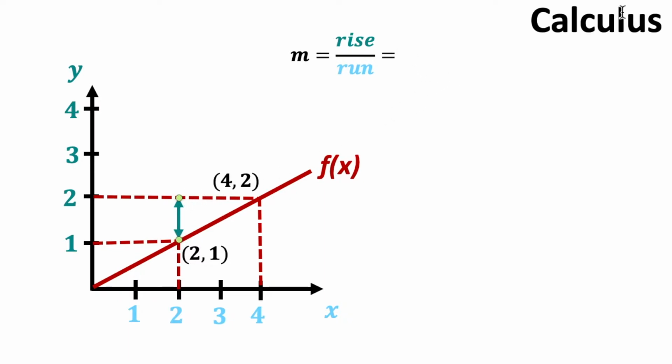And to be able to find it, let me show it to you. You need this distance, so it's basically the entire distance here that I'm showing with my mouse. And then you want to remove this distance right here, because you only want this one to be left. And so to be able to do that, you can do 2 minus 1, and that will give you the space in between. And then for the run,